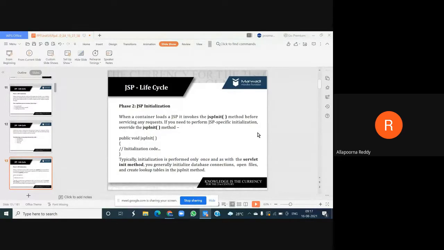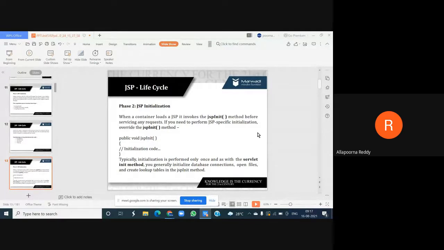Once you want to initialize your JSP, first we come to the initialization phase. How is initialization going to take place in your JSP, as a part of the life cycle?